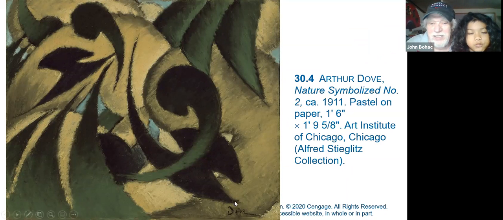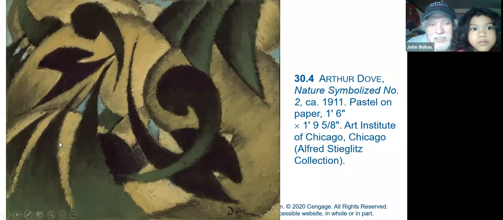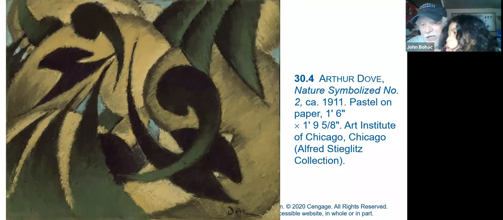And you see that he's got a signature on it. His name is Arthur Dove. And it's nature symbolized. And basically, it's right out of Cubist work. And so we see these abstract landscapes starting to come out of New York. And so, kind of behind the times, but